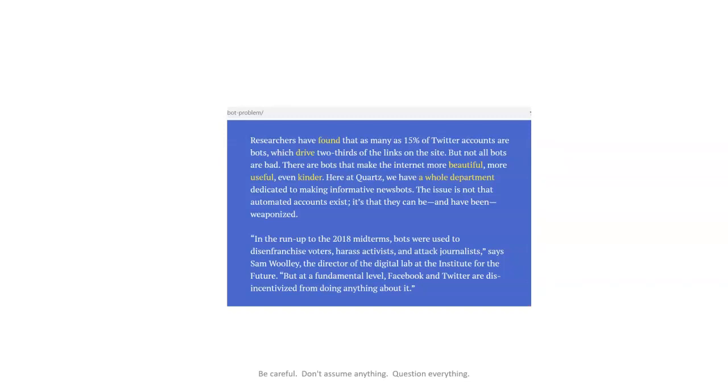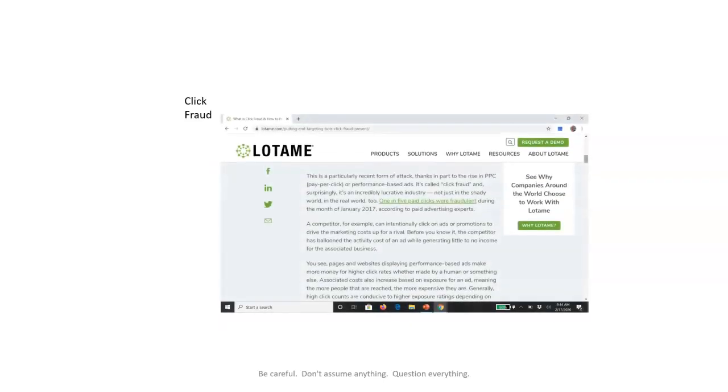So here it says 15% of Twitter accounts are bots, which drive 2/3 of the links on the site. And there's even click fraud, taking advantage of people that make pay-per-click deals. 1 in 5 paid clicks were fraudulent.